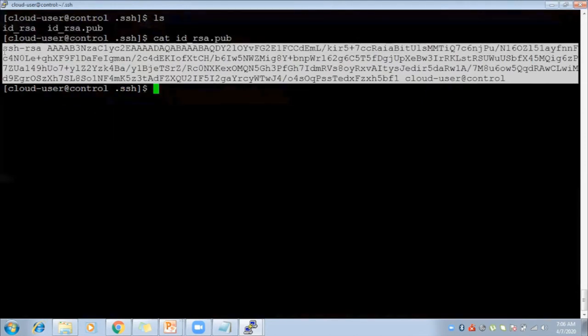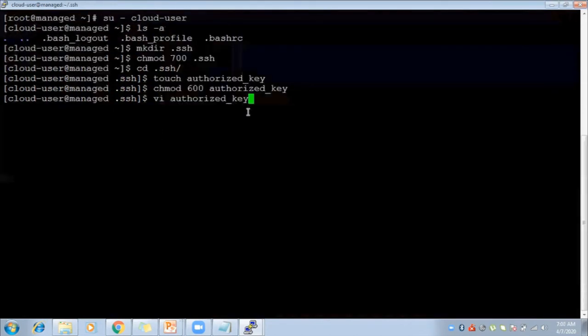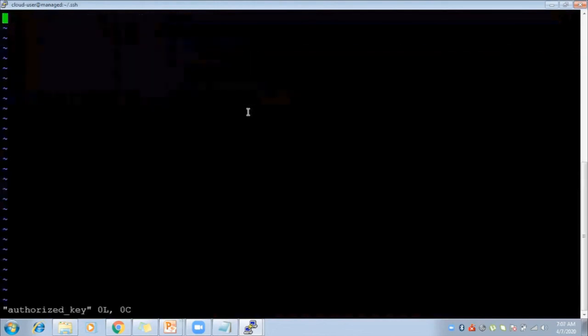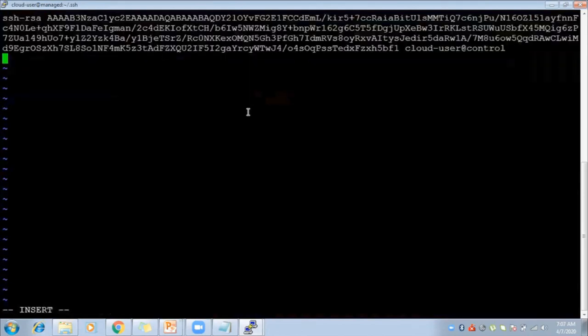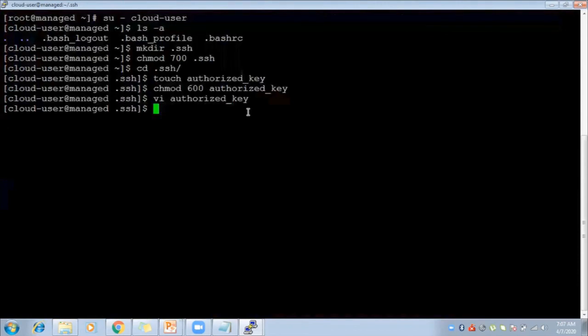I will copy from here to here inside the authorized keys. Here is the VI editor screen. So I will go to insert mode and then paste that. So now I copied the public key from the control node to the manage node here.